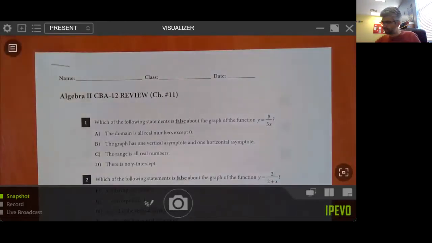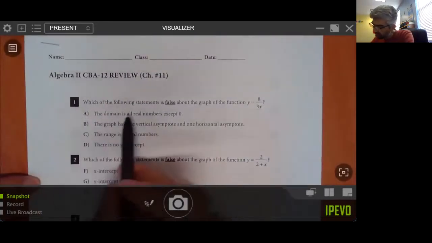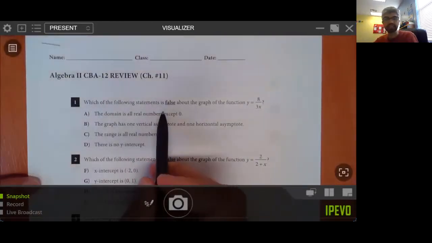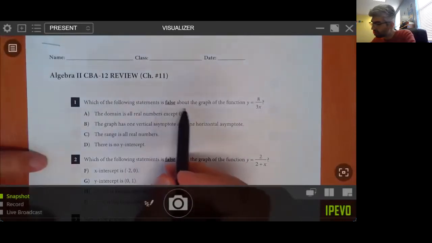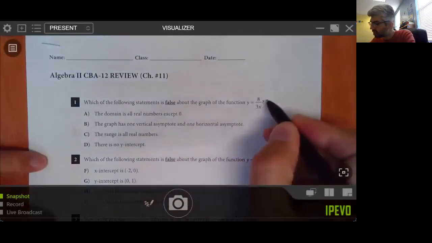Hello, everybody. Today we are going to solve the CBA 12 review questions. And the topic is irrational expressions, addition, subtraction, multiplication, division, and of course, simplification, and of course, the equations of them. So let's start. Which of the following statements is false about the graph of the function y is 8